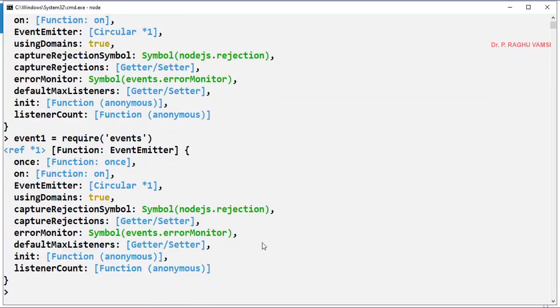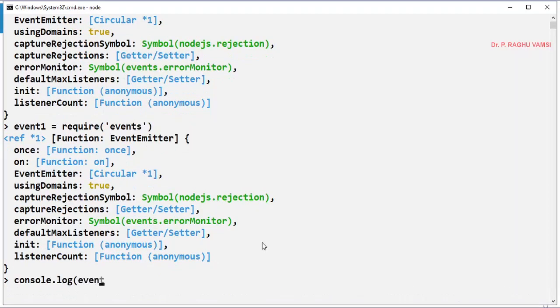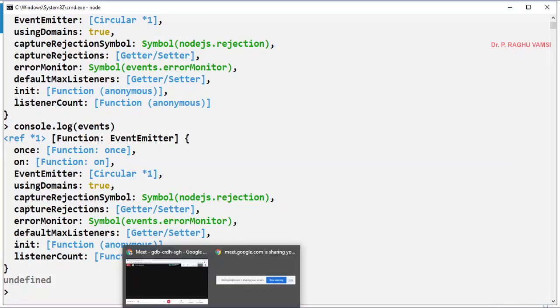You may also print the same via console.log of events. So console.log of events will also print the same content. So these are the multiple ways you can see the result of events.